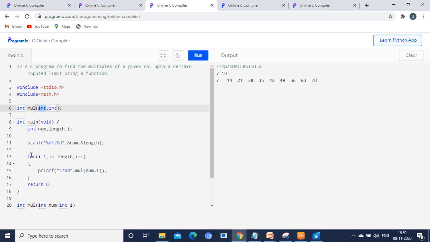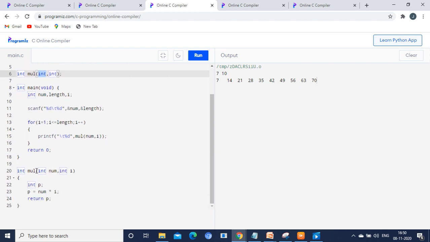Afterwards, we use a loop for execution from 1 to 10. Since we need to calculate the mul value, num comma i is the value we are passing. Num is 7. Initially the i value is 1. 7 comma 1 will be passed to the mul function. Here we have the mul function. These two inputs will be passed here, and the output will be calculated as num star i. Initially the number is 7, it won't change. i is equal to 1, so 7 into 1 will be calculated and returned back to the main function.